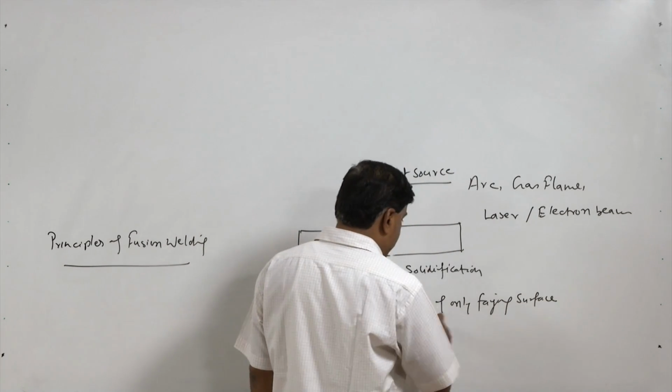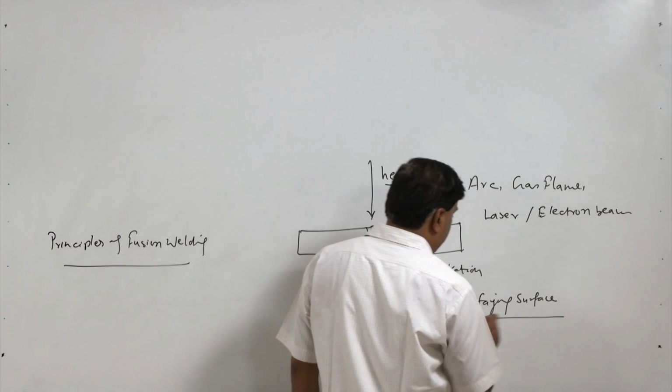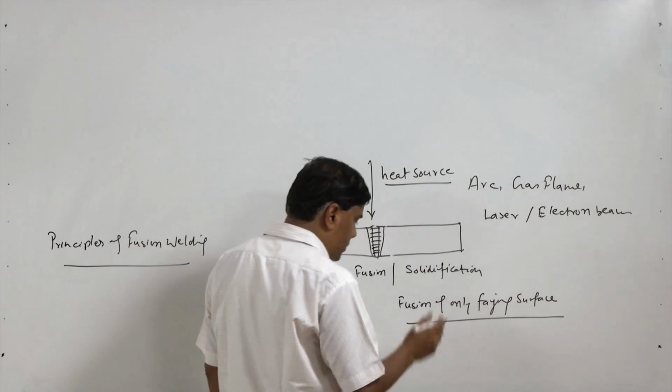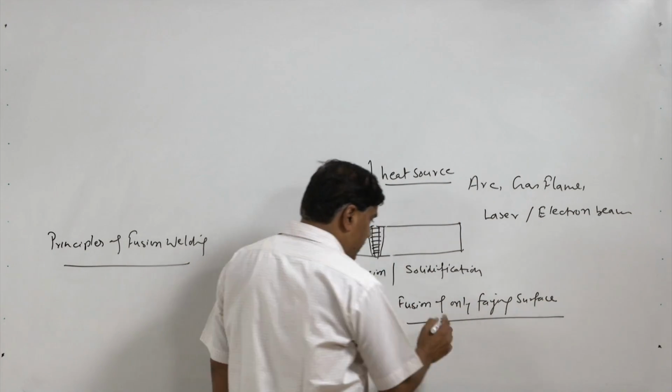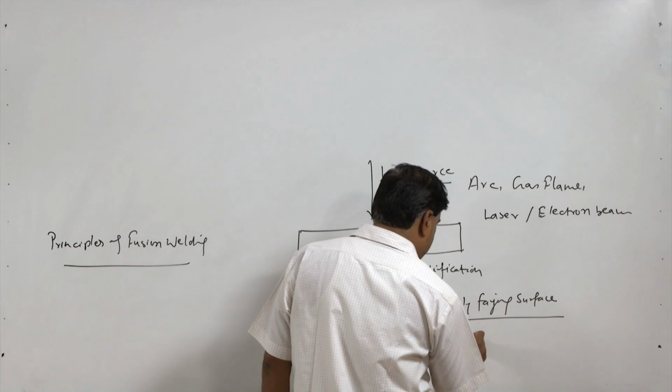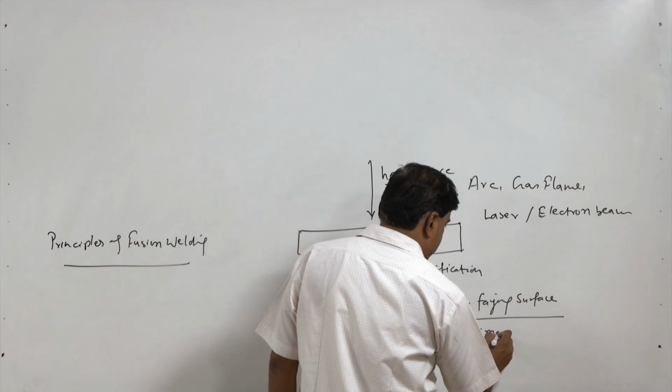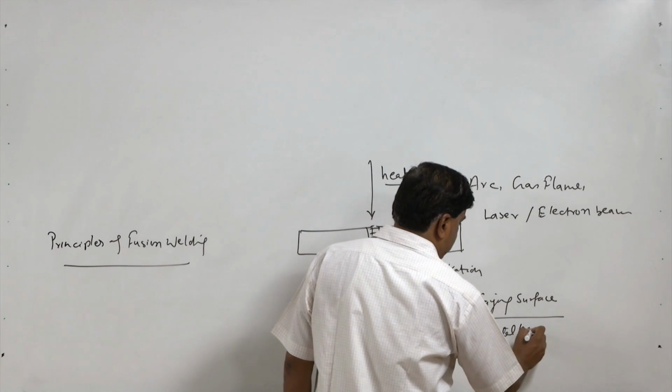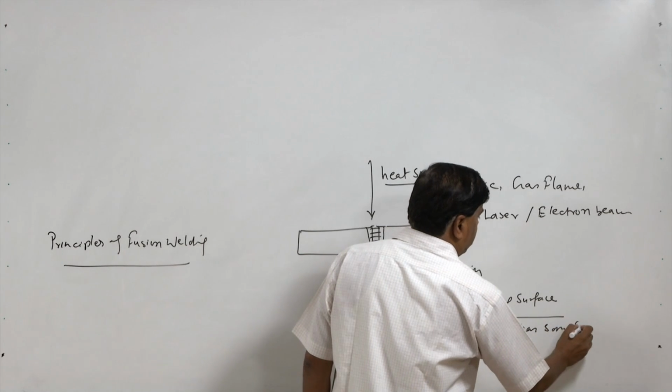So, in this case, when fusion of only the fitting surfaces is achieved for developing the weld joint, then the weld metal has the same composition